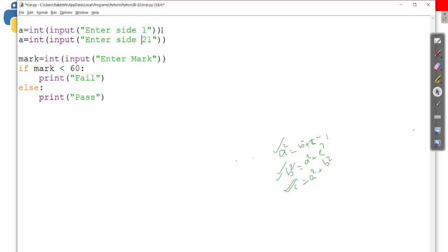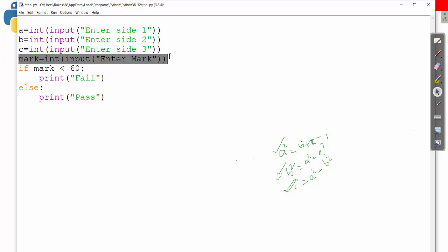I am writing it for B, and next for C I'll be writing here like this.